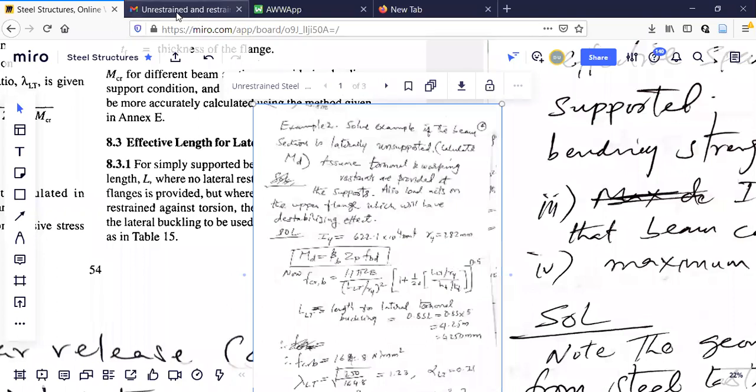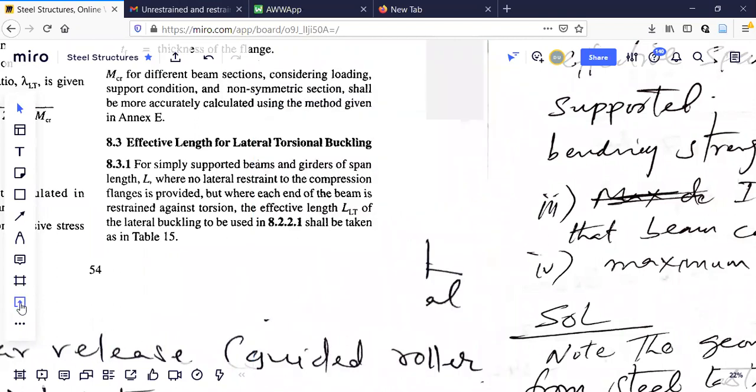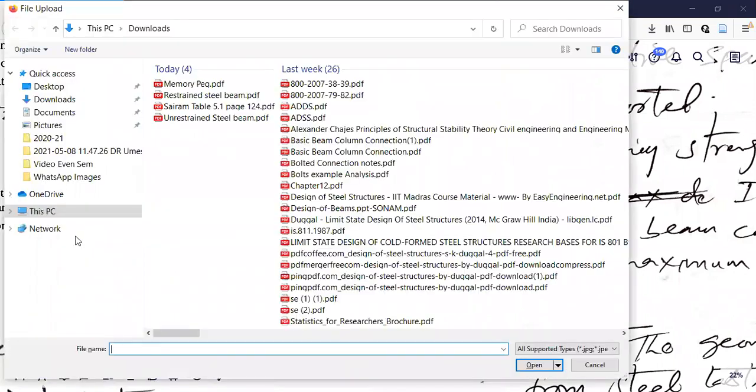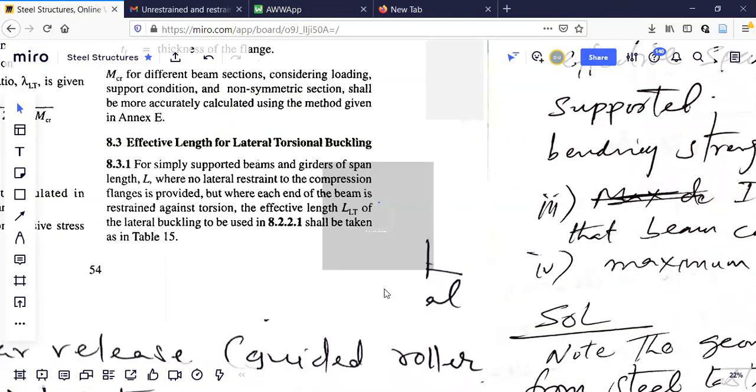Again I got the same thing here. Okay. Again I'll open that page. Let me check it. This restrained means it is 6th semester. I'll explain for 2-3 minutes. I don't know whether you know that. If you know it, I would have gone directly to the unrestrained beam, because it is a little bit lengthy and you have to understand the procedure.